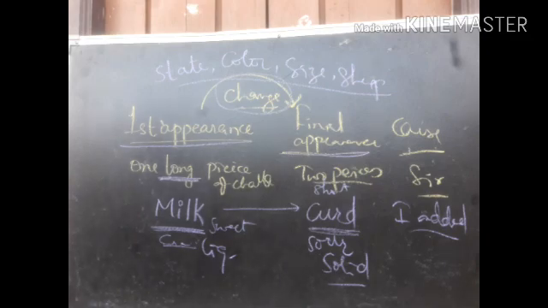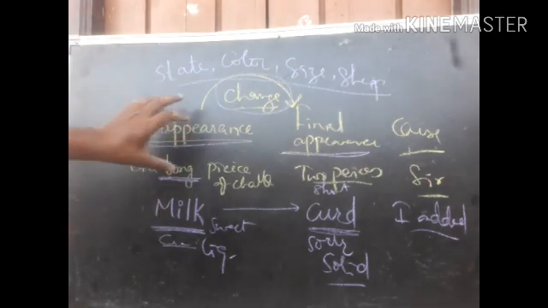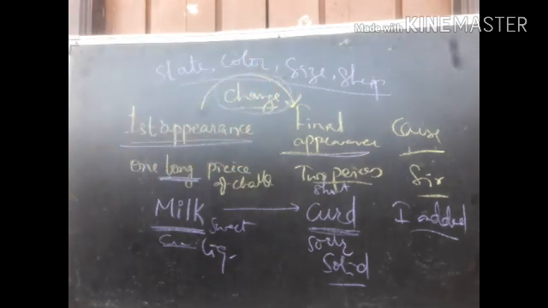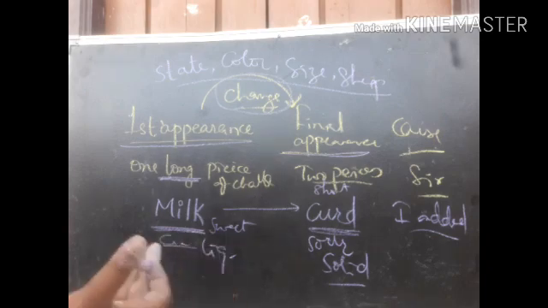Now these changes are of two types. What are they? They include number 1, physical change, and number 2, chemical change. That is our lesson name, physical and chemical changes, right? So physical change and chemical change are both different. In this lesson we are going to learn what is the main difference between physical change